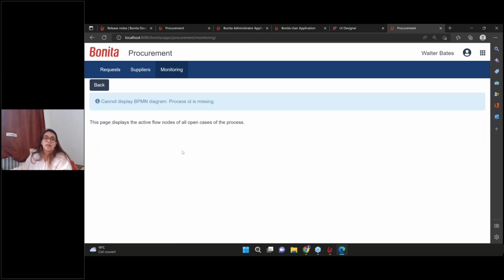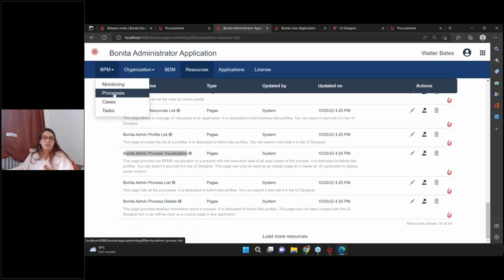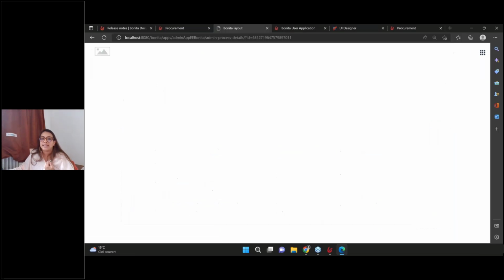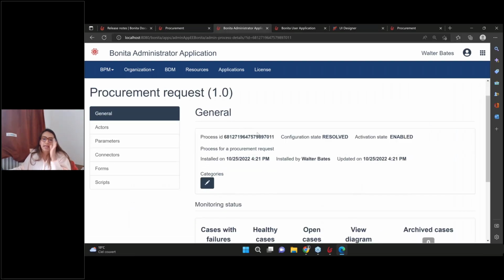Let's go for it. Oh, so it's still not displaying the diagram because the process ID is missing. If you remember well, we have three different processes, so we need to tell which process we want to display, right? For that, I will go to the administrator application. I will see my processes, and then I will choose this one, which is procurement request, see the details. For this example, I will just copy paste this ID